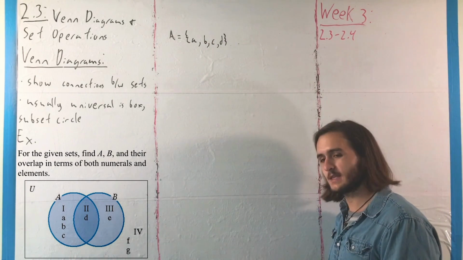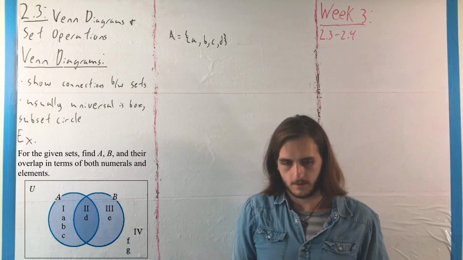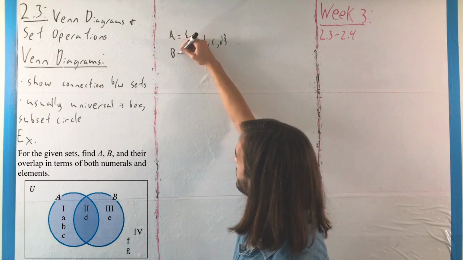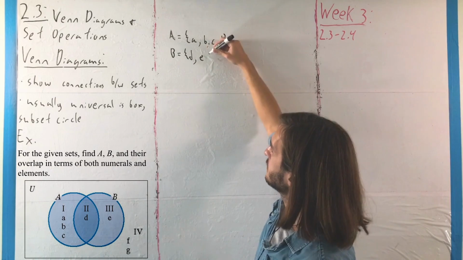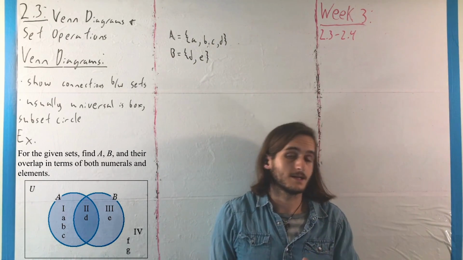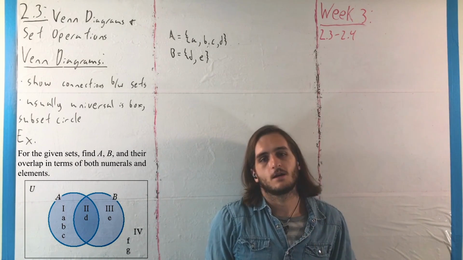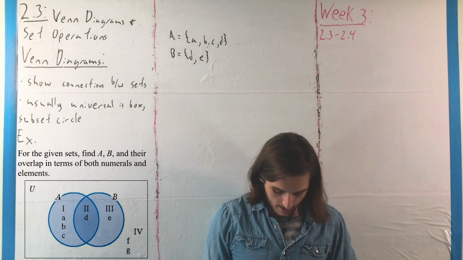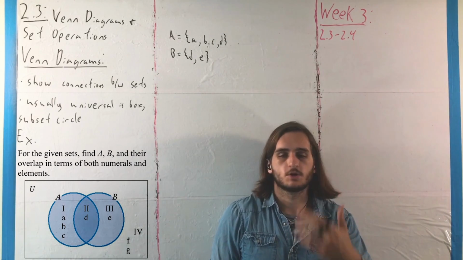And then for basically the same reasons, B is that other bubble over there where we have the numerals 2 and 3, along with the elements there that B is going to be: D, the overlapping element, along with E, the element all on its own, where there's also that group 4 that's not technically in either of those bubbles. That's where you get the sort of pulling out idea that talks about the other things in the universal set U that are not in A or B. That would be F and G,